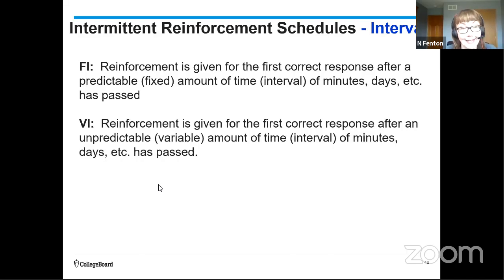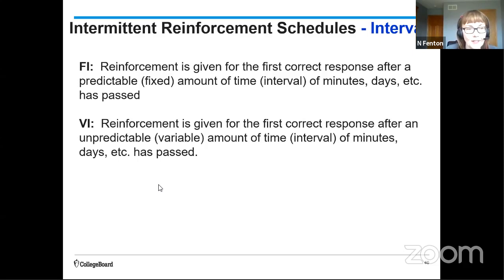They can't tell time exactly, but when it gets close to that interval, say that 10-minute mark, there will be some pressing. And then as soon as they get the treat, they're going to stop because they know it's not going to work again for a period of time. So it's similar with studying. You're going to study really close to that interval end, like Wednesday night, and then you're going to stop for a while and maybe do work for other classes.